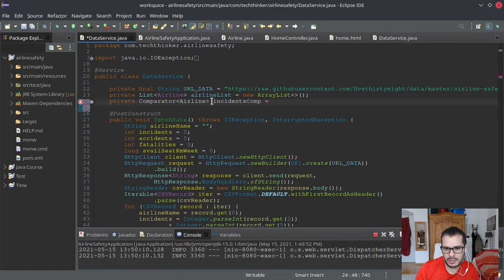Okay, so I want actually a lambda here, and I will just write that, which is airline 1 and airline 2,